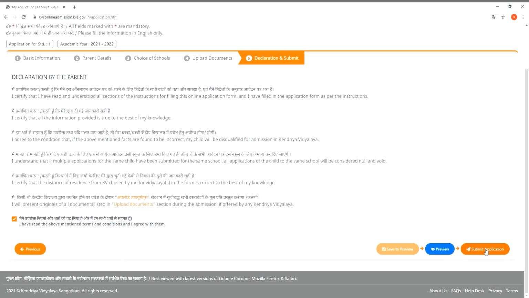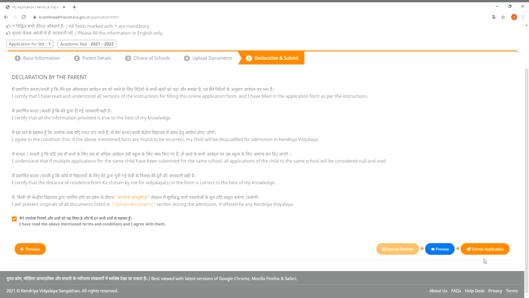But I am going to tell you the steps which are going to appear after clicking on the Submit Application button. On click of the Submit Application button, the message appears asking, are you sure you want to submit this application? Click on Yes, Submit. Then the other message appears to verify submission OTP.